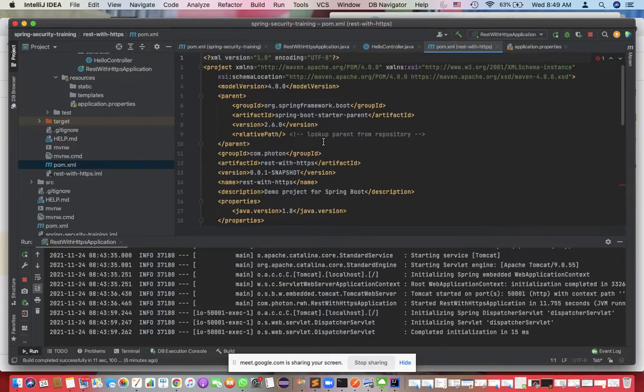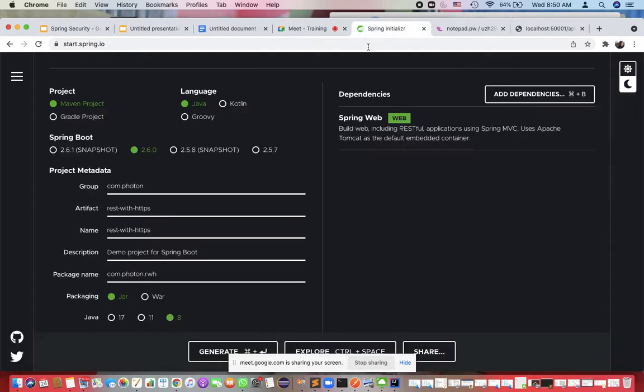Exactly. So I'll spend a few minutes on this pom.xml. Basically, pom.xml is the instruction. A Spring Boot project can use two build tools. Whenever you go to the Spring Initializer, it supports two types of build: one is the Maven build and the other is the Gradle build. Some organizations use Maven, some use Gradle. We will use the Maven build only.